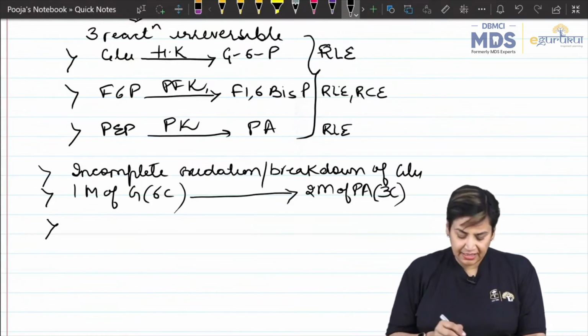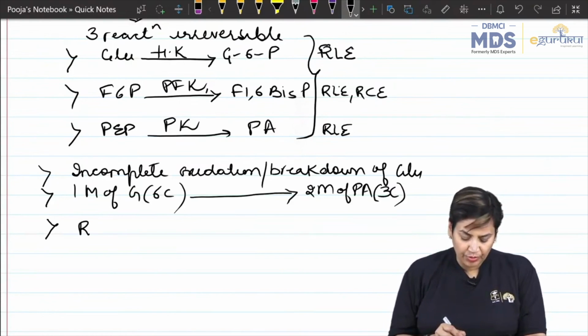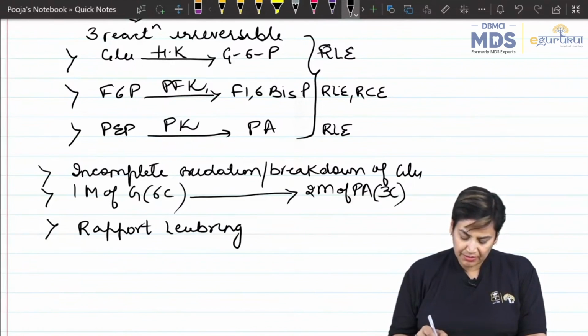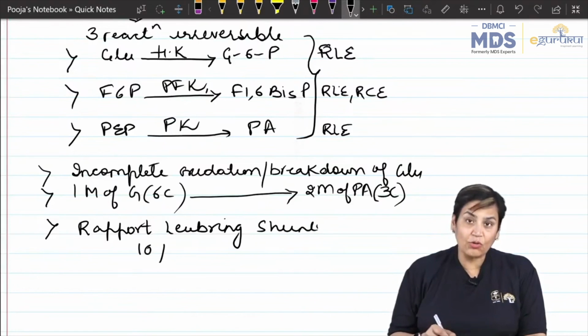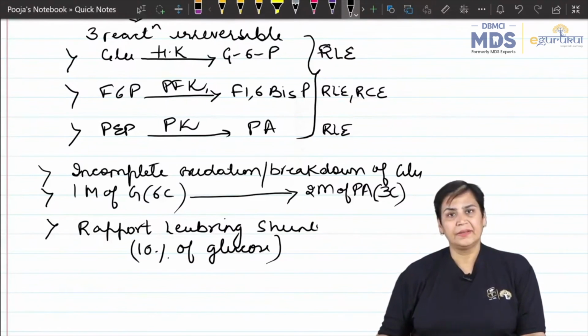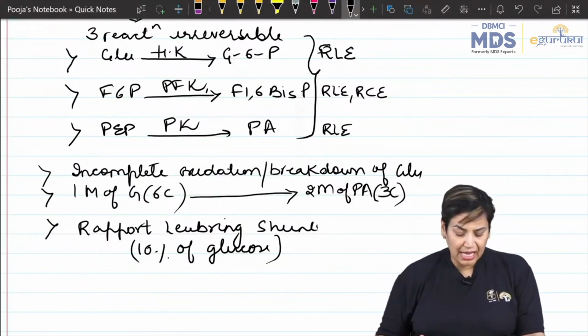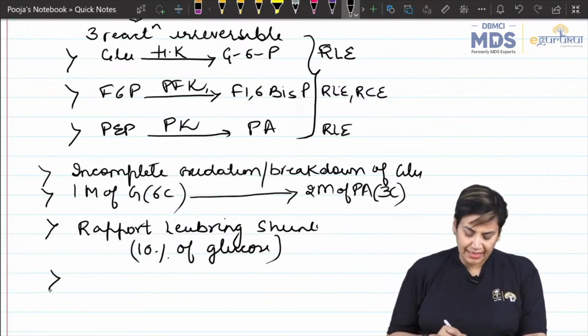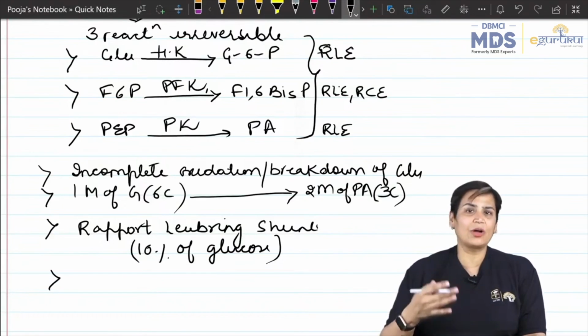there exists a Rapoport-Luebering shunt also in this, the Rapoport-Luebering shunt, in which only 10% of glucose enters. Right. So these are some of the important points, and the fourth important point is, if we talk about the